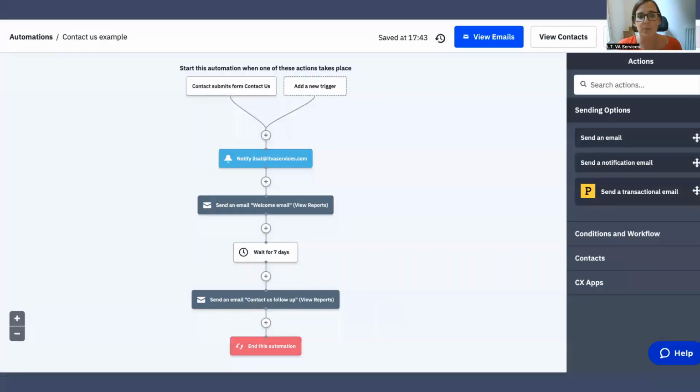This is a very brief example of our contact us automation, just to show you how it looks in ActiveCampaign. But whether you're using ActiveCampaign or not, they normally all look very similar to this. In this instance, we have a trigger, and our trigger is that the contact has submitted a contact form